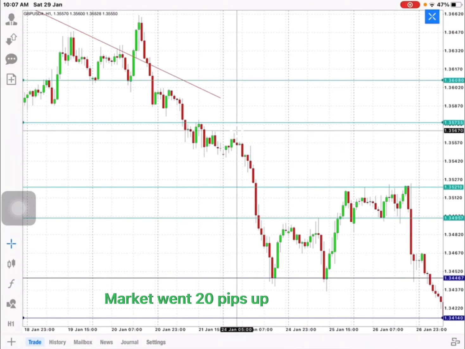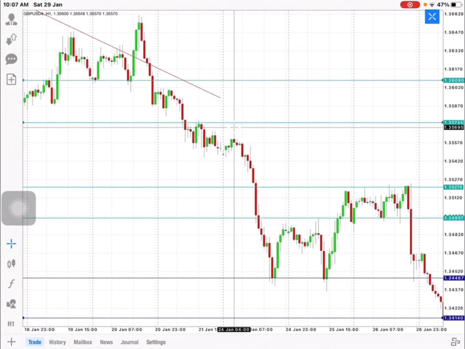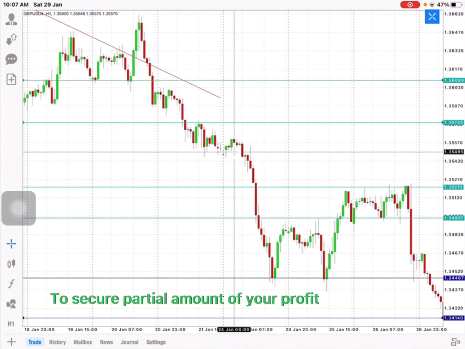Some of you guys secured the profit, and some of you guys ended up losing it. I'll tell you why, guys. Why you mainly lose it is because you never place your stop profit. The important thing in this market is to secure a partial amount of the market, guys, without losing anything. That's why stop profit is very important, and I've been mentioning it in all of my videos, guys.